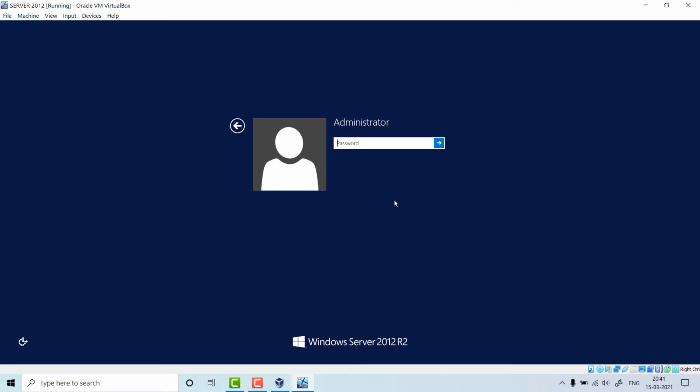If you press Ctrl+Alt+Delete, then what will happen? The laptop will think that you are pressing Ctrl+Alt+Delete for your normal Windows 10. But we want to inform our virtual machine that we are pressing this keyboard combination for our virtual machine. Now give the password of your server. Students, this password you have to write down somewhere so that you can refer to it whenever needed. Just click on this arrow.